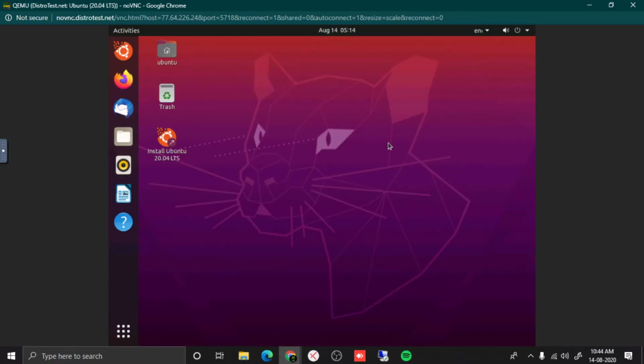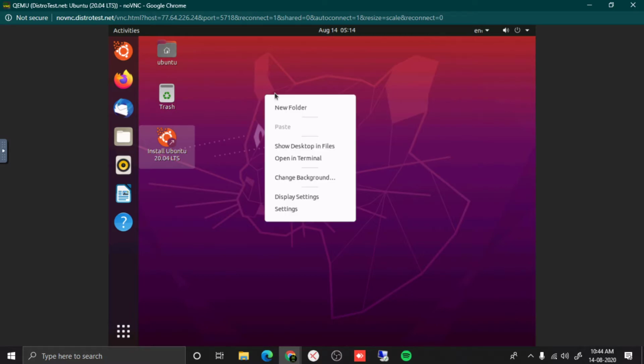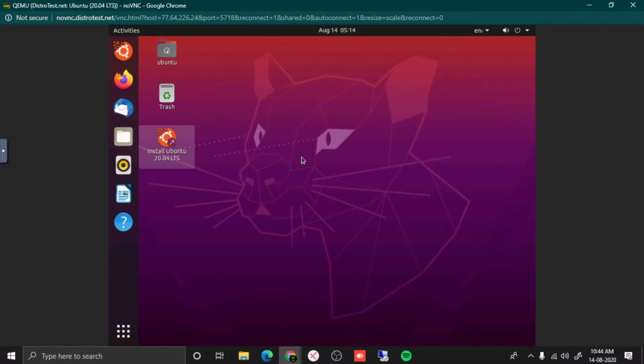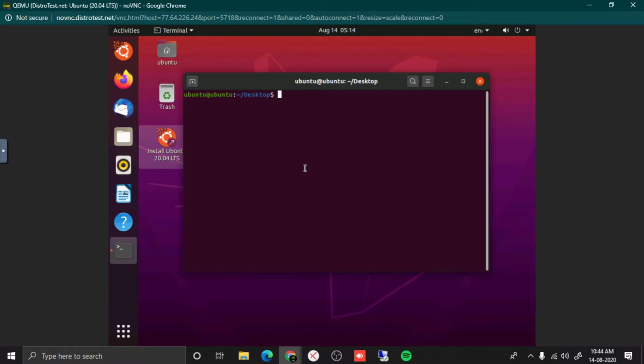It will take a little time because, as I said, it is slower than the actual operating system. So here is your Ubuntu window. You can use it here. I will show you by opening the terminal. The shortcut is Ctrl Alt T, or you can right click and click on open in terminal. So here is my terminal.